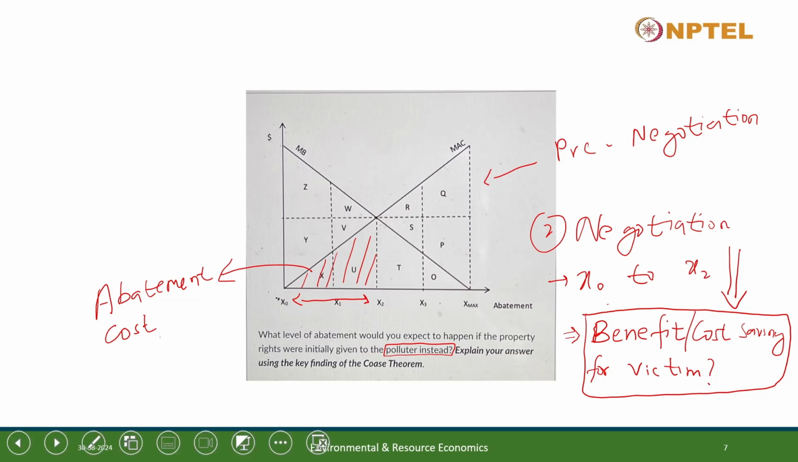Okay. Now, this much level I have to give as a bribe to the polluter. Okay, am I clear? Since the polluter is not polluting, from here to here they reduce the emission. I have to pay a bribe to the polluter. Am I right? Now what will be the cost saving? Like cost saving from pre-negotiation to post-negotiation will be,